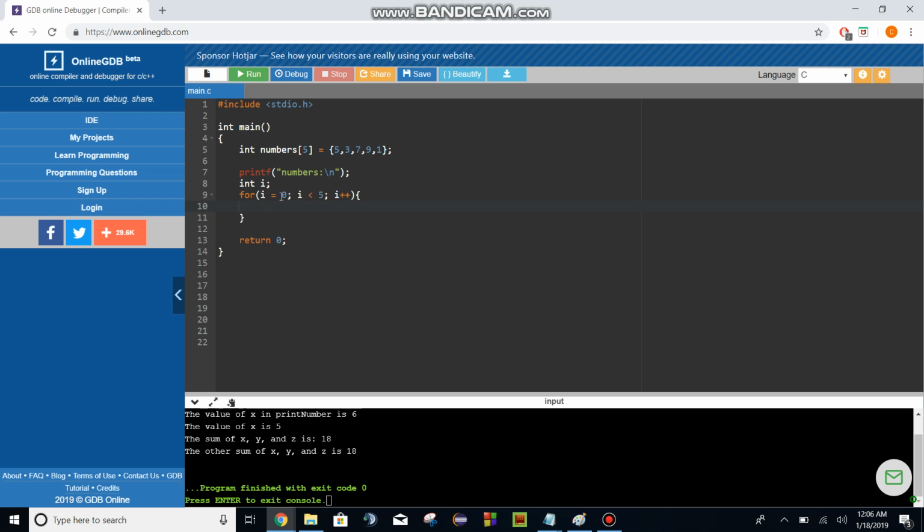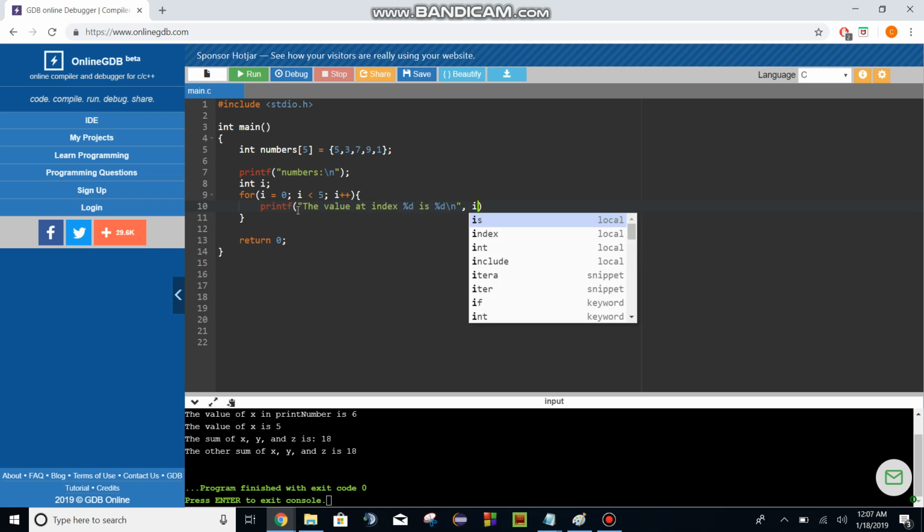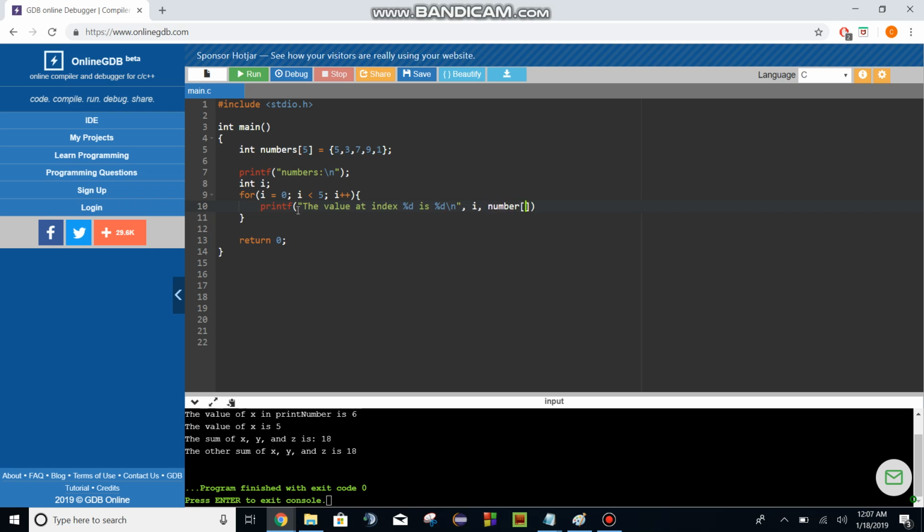So that's why we start at 0, and we do what's inside of the for loop when I is less than 5. So here we will say printf the value at index %d is %d. I is our index, numbers I is what we want to print. So we don't have to explicitly say like numbers 5, well that's not a thing, numbers 2. We can say I, and here we will have whatever I is,